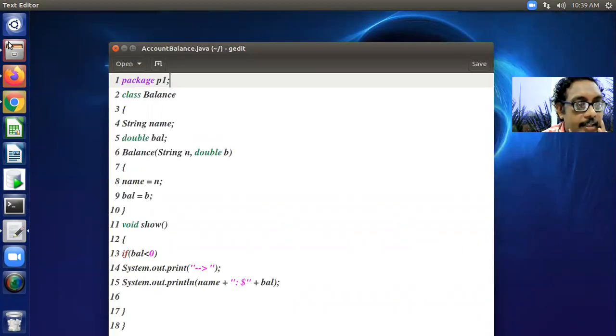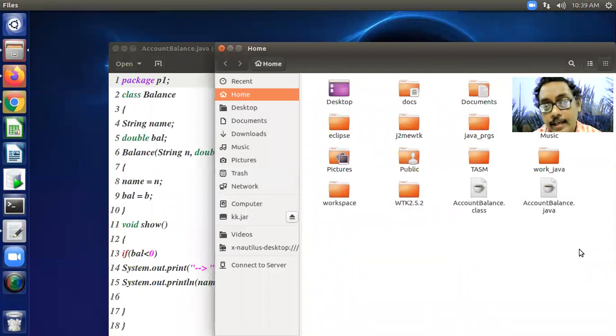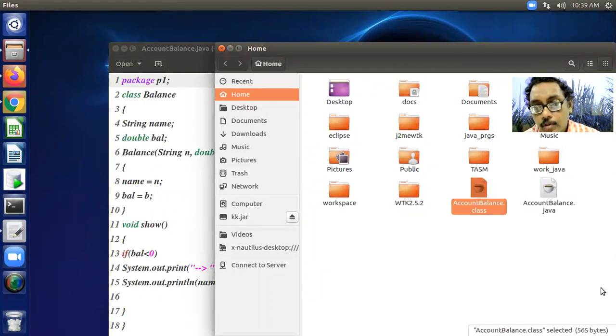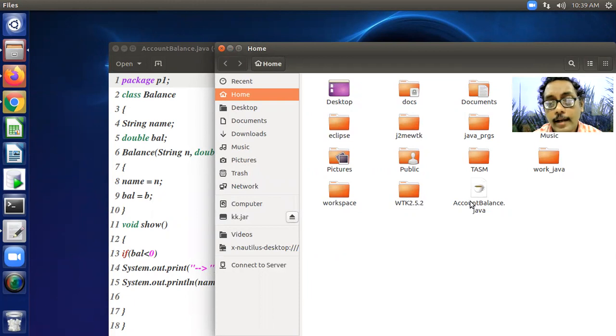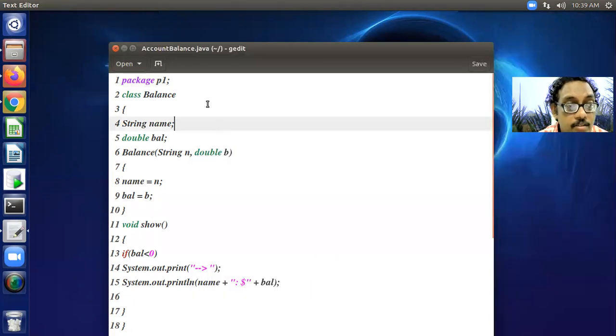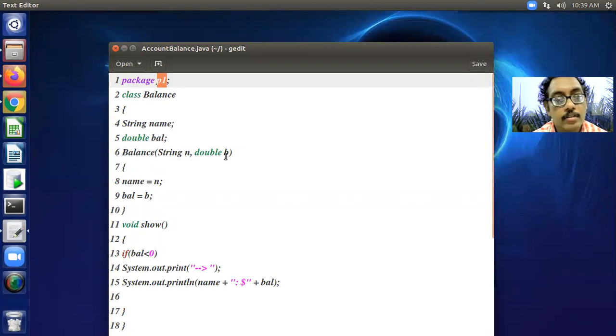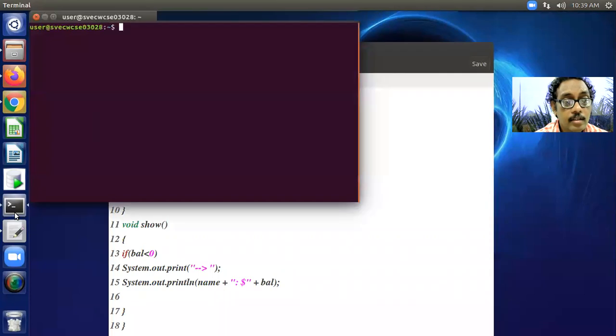Then your package will be created in my home directory. Creating a package means you create a separate folder. First of all, go to the terminal, then type mkdir p1, because the folder should be given the name p1.